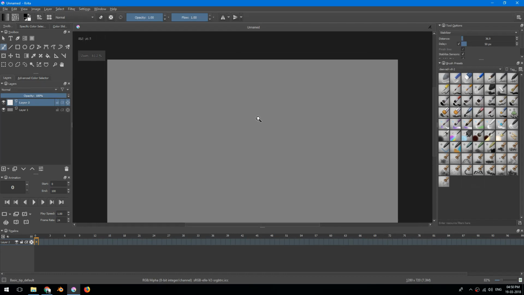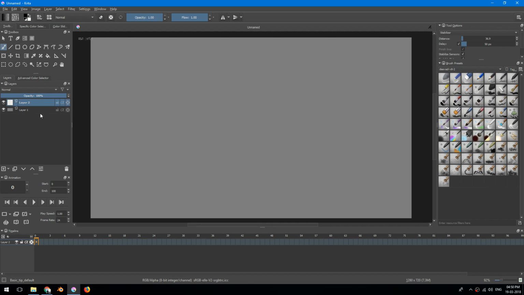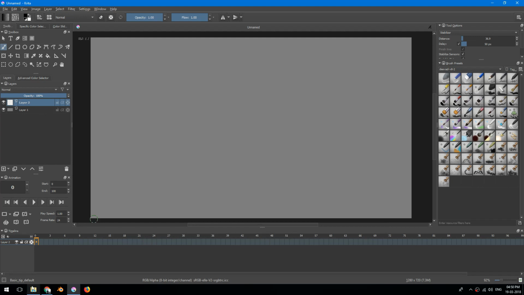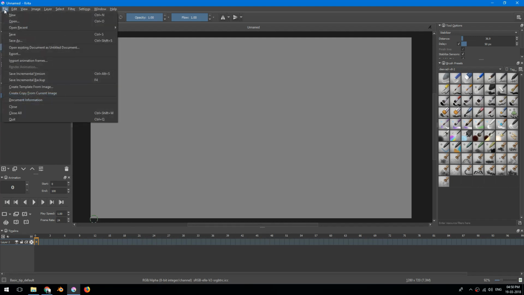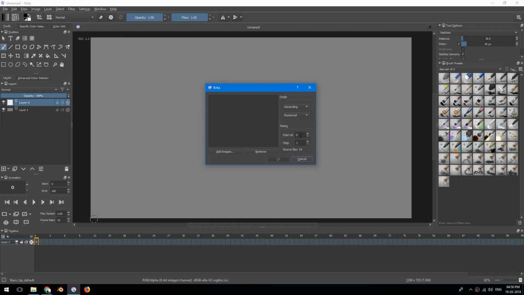So this has a gray background because in my create new configuration I have set it up that way, since with the white ones the glare is too much, but that should not be a problem because these are not transparent. Alright, okay, so I have to now import this. So now go to File, then Import Animation Frames. There are some settings, so